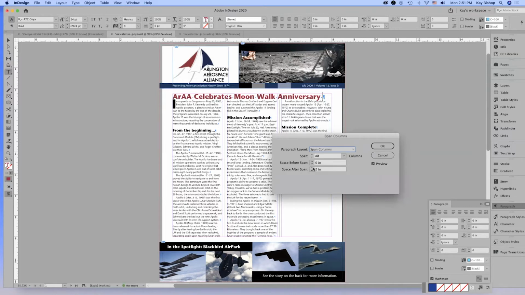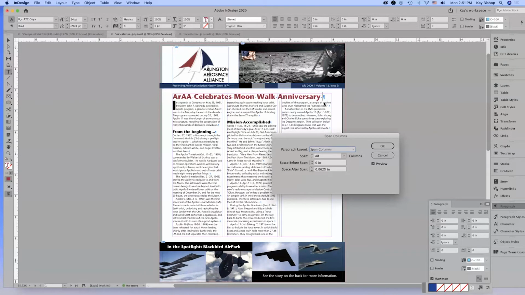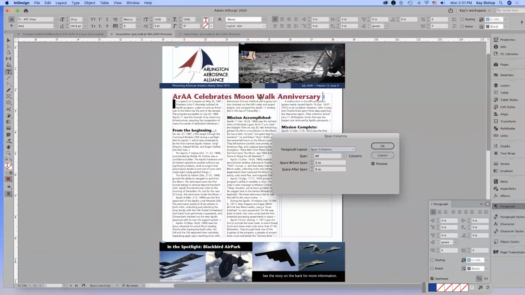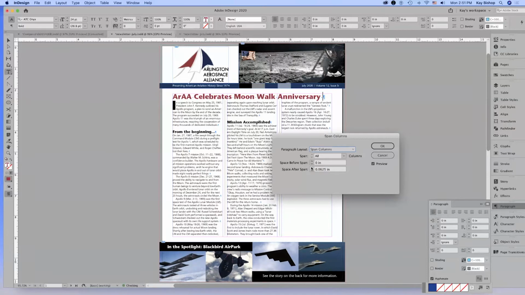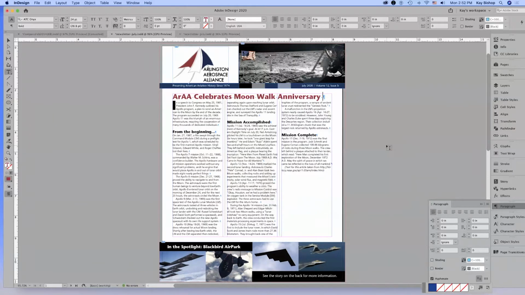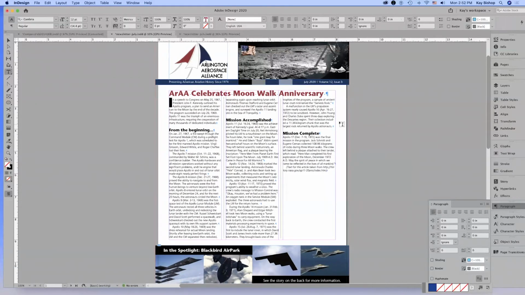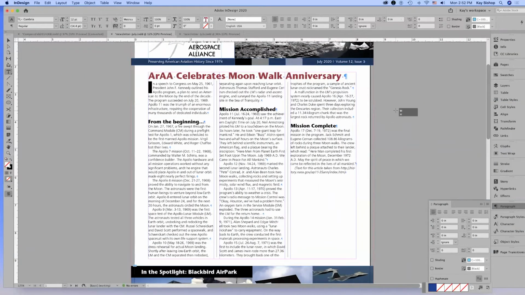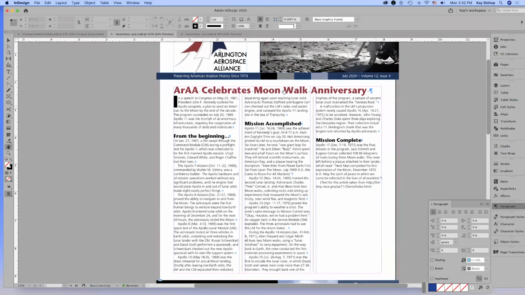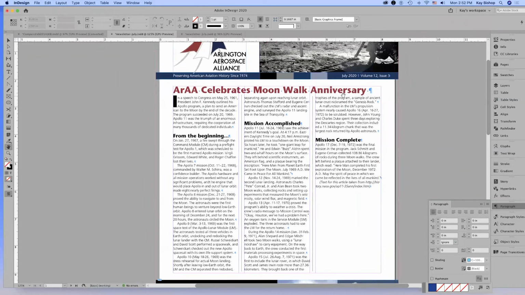And then I'm going to click on the up arrow after space after span just to give a little more space after that paragraph. If I don't do that, you can see the descenders, like the Y is running into the next line. So you want to avoid that by just opening up that spacing a bit. And then I'm going to click OK. Let me zoom in. You all see where that was? All right, so I spanned this across, added a little bit of line space after the paragraph. Okay, then we're going to move on